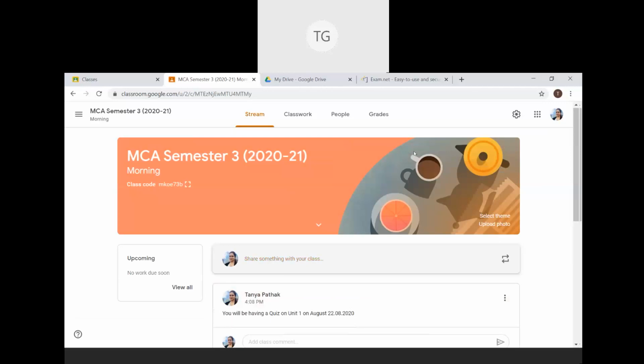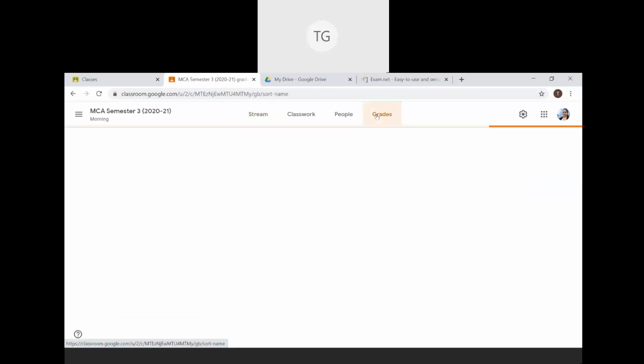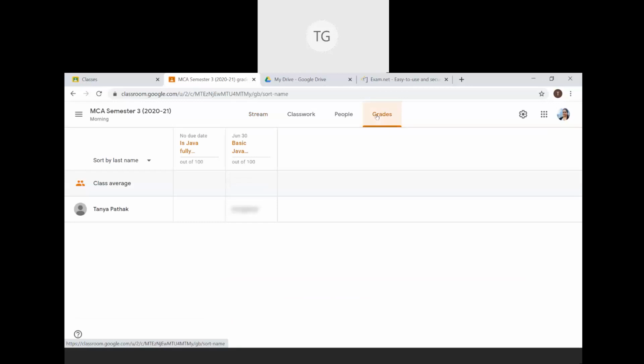Now, if I want to see what are the grades of my class, what are the grades of assignments being turned in. So I have created one question and one assignment and there is only one student in my class. So here is the complete grade-wise listing. This is a complete Excel sheet that is available to you, which shows what are the different grades of students when they turned in their assignments. So these are the basic options that are available with classes in Google Classroom.